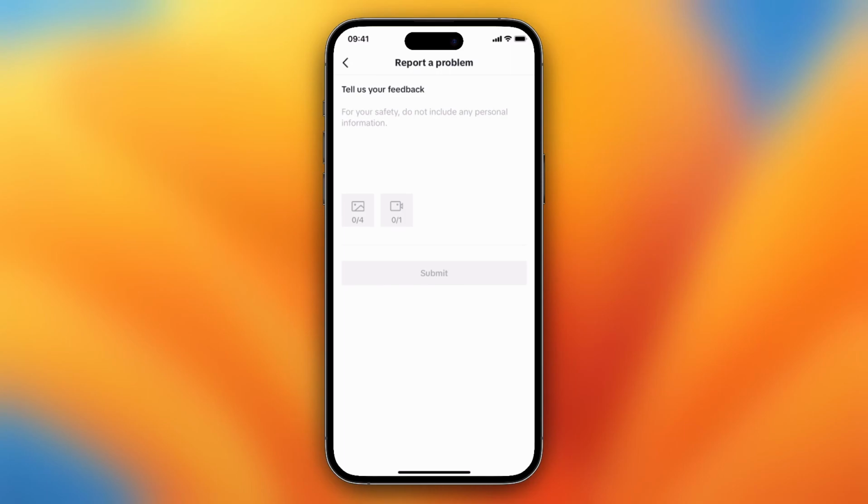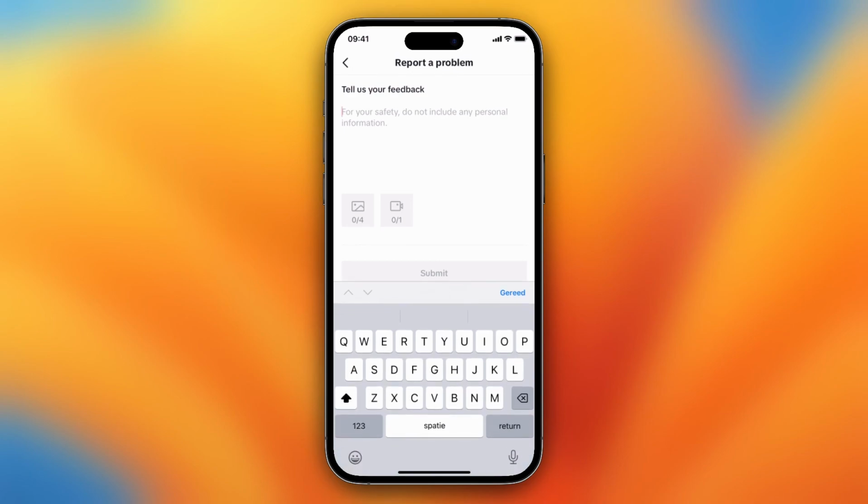And here you can tell your feedback to TikTok. So you can add images up to 4, and you can even add a video. So you can just type, for example,